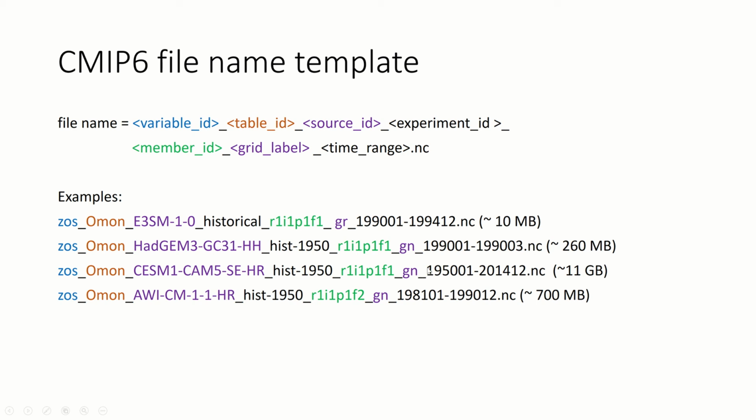For this model group, for example, they stored everything in one file, the whole experiment data from 1950 to 2014 in one file, and you see this file is 11 gigabytes, so it's a huge file. And here is another example. This is the AWI model, and this is even a different variation, because in these experiments they start counting from 0, while this one they start counting from 1. So the data is stored from 1981, for example, to 1990. So here they start counting from 1, and they store their data 10 years by 10 years,